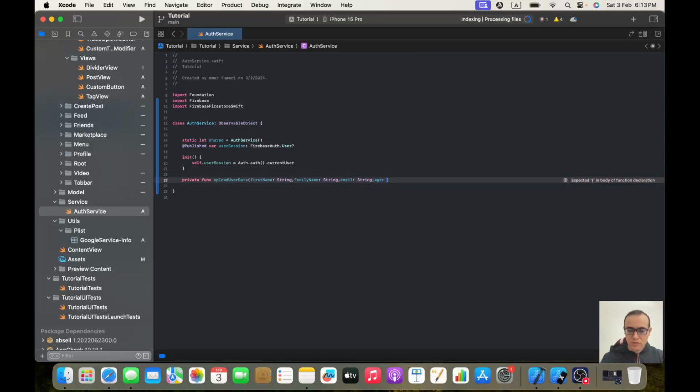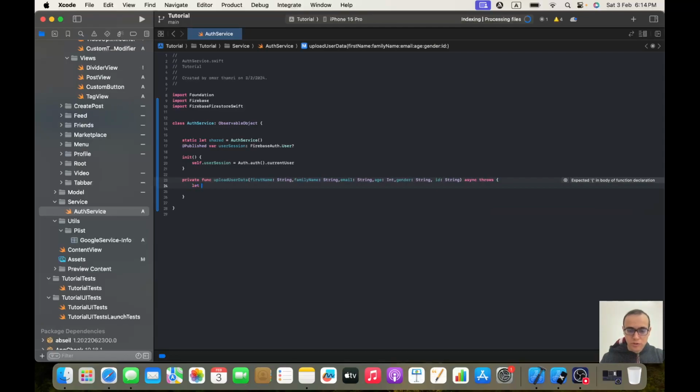I will also pass the age, which will be an integer. Age, what else? I think gender also. I will also pass a gender of type string, and probably the ID also of type string. It will be async throws,